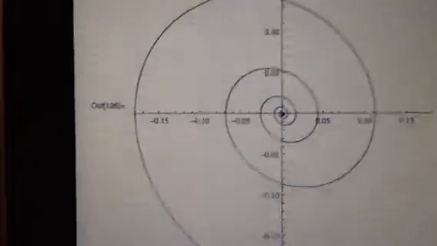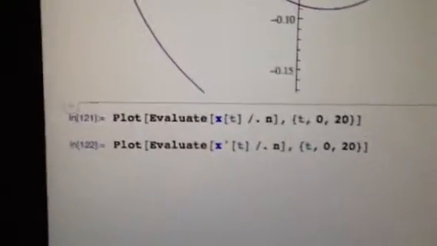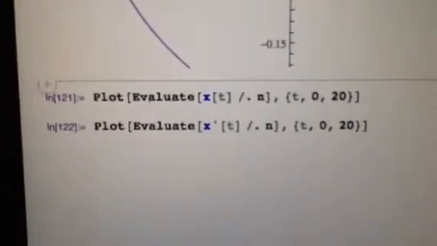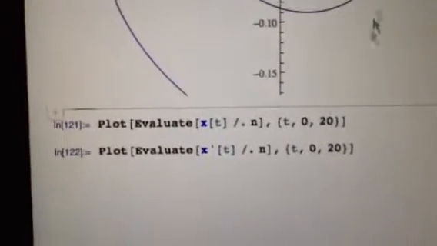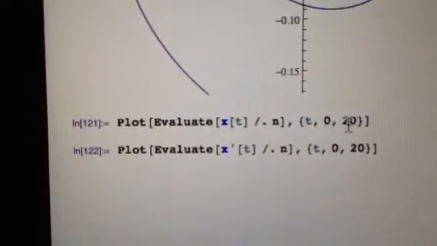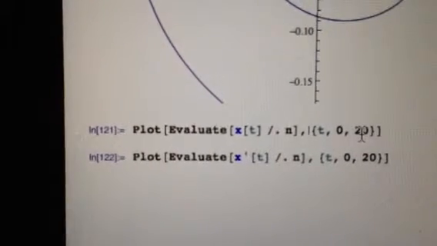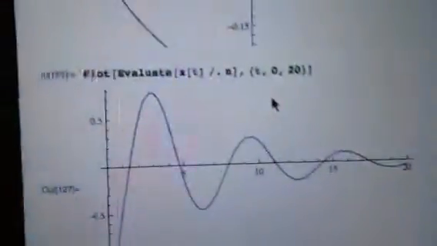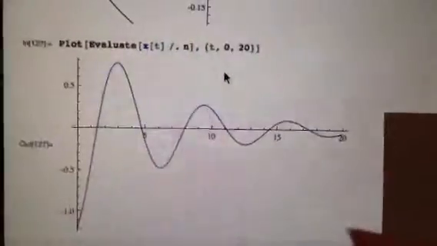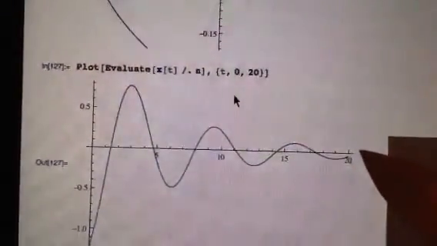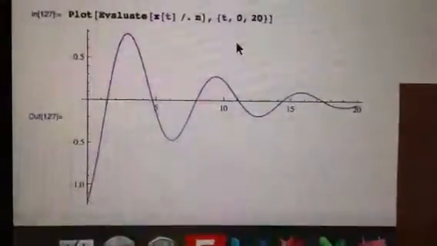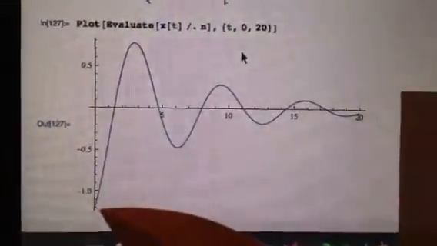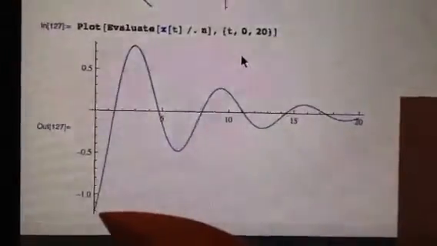We can also see this answer through the individual graphs. So let's do this graph. I'm not going to change the 20, I'm going to keep it as 20. So let's do shift enter to plot x, and there it is. This is the graph of x of t, and notice that as t goes to infinity the limit is 0, and also we can see the initial position or initial angle, minus 1.2,